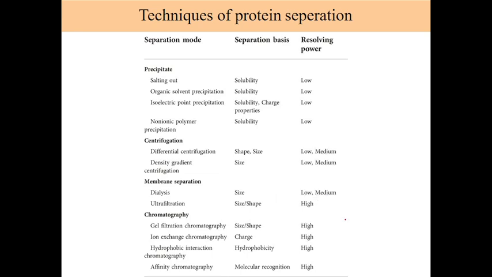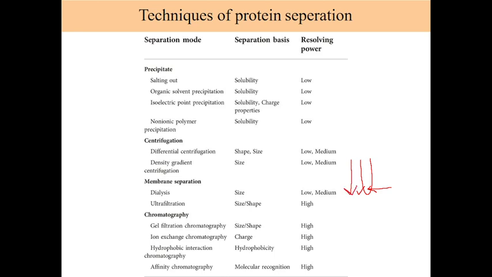Yes, so in cesium chloride density gradient centrifugation, this is also called isopycnic centrifugation. What happens, cesium chloride is added, and also there can be sucrose density gradient centrifugation. So different percentages of components are there. For example, the most dense one is at the bottom, and it is like a